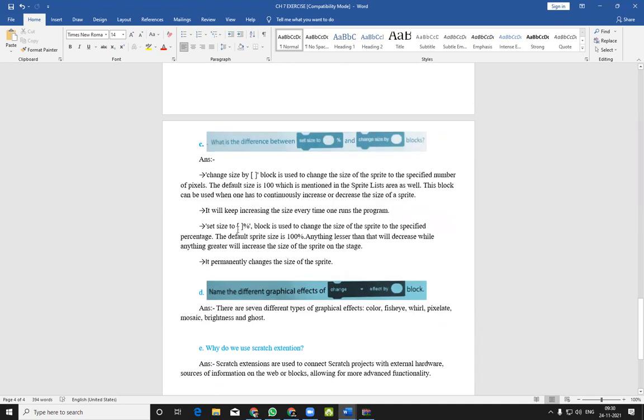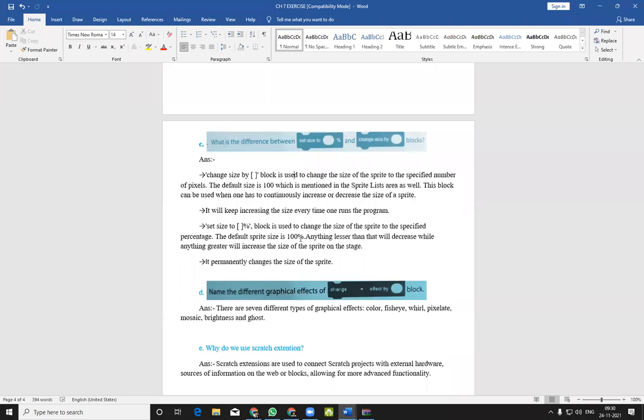Whereas the set size to block is used to change the size of the sprite to a specified percentage. The default sprite size is always 100. Anything lesser than that will decrease the size, whereas anything greater than 100 will increase the size of the sprite on the stage.